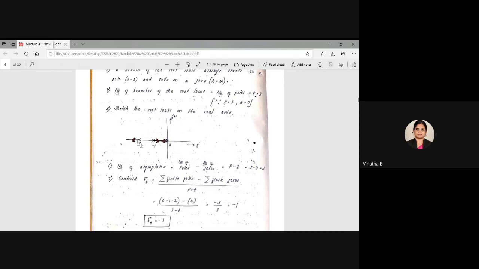Similarly, when I consider a pole here, obviously we do not have any other things here on the left hand side. When I consider a pole here, definitely it should emerge from this point and it should go and end at a zero, and a zero for me here is at infinity. So I have just shown that from this pole it is emerging out. So the direction is going away from this pole.